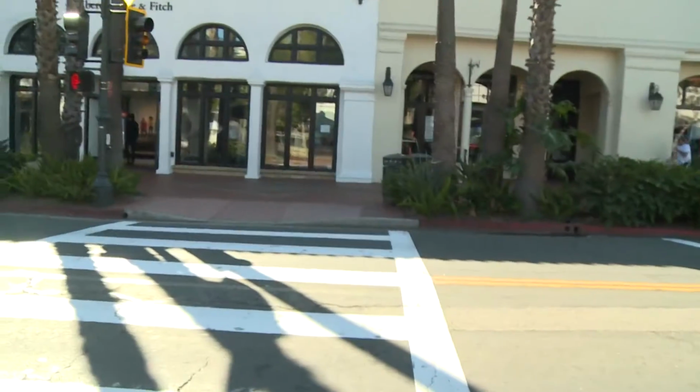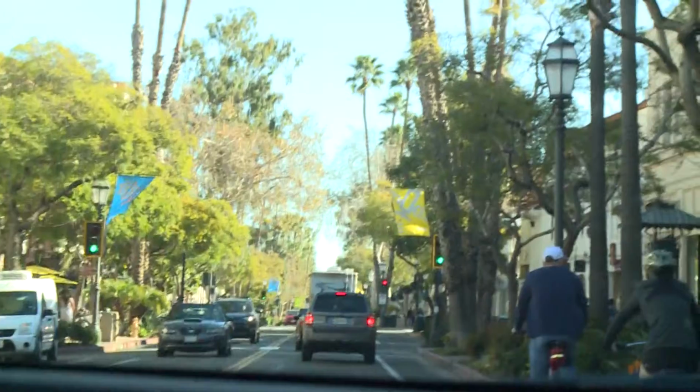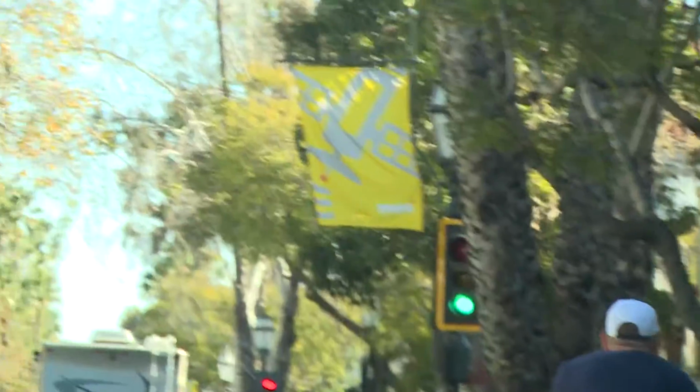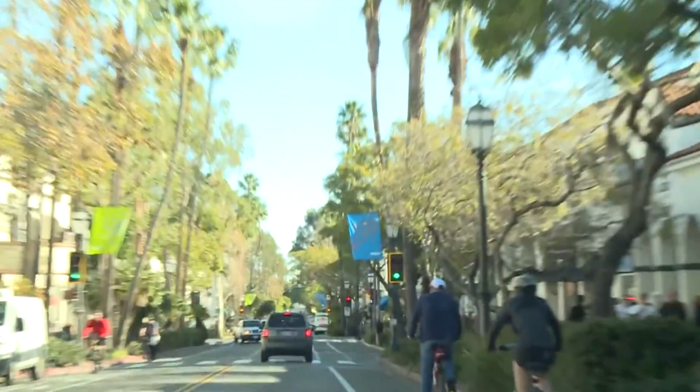I love that you have these crosswalks in the middle of the street, because a lot of times I want to get across the street and I don't want to go up to the corner, and anything for safety is great. It is a problem. The way the sun comes in at an angle, it blocks the view of some drivers, and so they need a bright light. From behind the wheel of our car, we took a look at the new lights and also